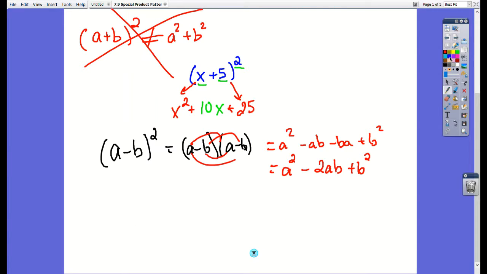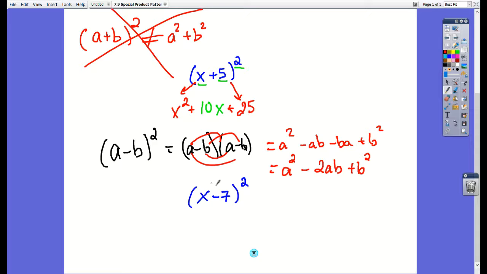Now, you really don't have to remember this pattern. You just need to know the first pattern because you get the other one for free. If you see that it's a minus in the middle, just change your middle term to a negative. So if we change this from x plus 5, maybe if we looked at x minus 7 quantity squared,